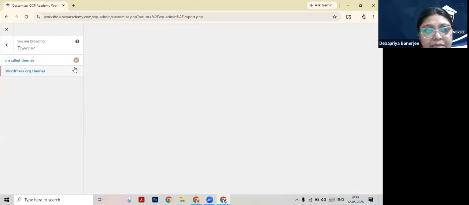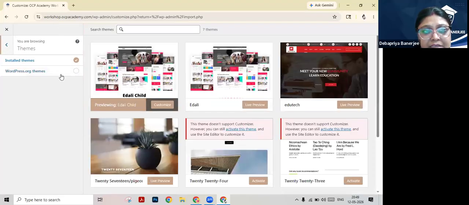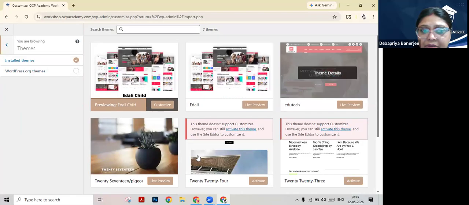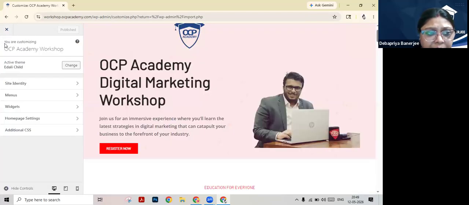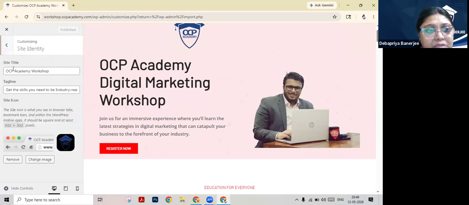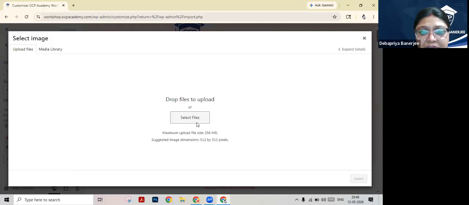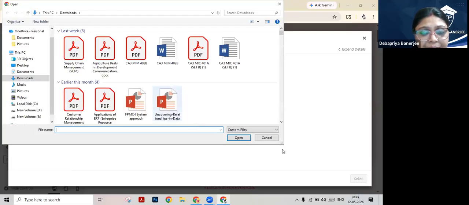If you want to change the theme, you can change it from here. So this is the installed theme. I'm not changing it right now because I do not have the permission to modify it. I will just show you how things are done. See, this is the site title which I have shown you there. This is the tagline. Now, if you want to change this, you can click on change image and I will show you by changing the